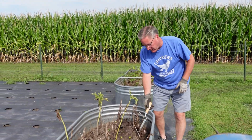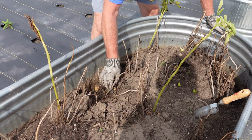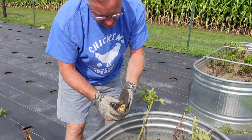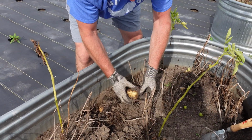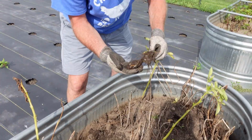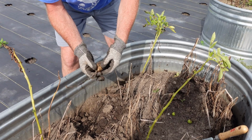Yeah, use the shovel. Well, you know what, I'm going to use my hands. Let me start with this one. We're not going to show the whole thing, but this sure is. Look at that, potatoes. I'm not going to scrape them too much. I don't want to scrape the skin off. I want them to harden up a little bit. And we bought these as seeds. There's one that's a little mushy. I'm gonna make a mushy pile over there. Bought these up at our ag store, and I'll